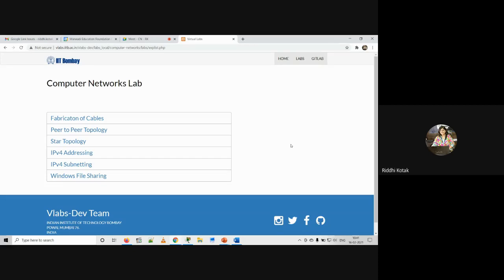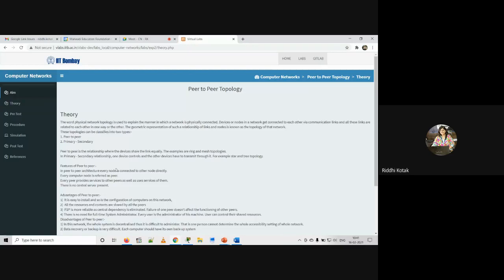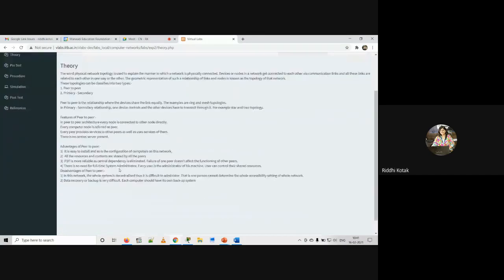Now the next point we are discussing is about this topology. First we will go with the peer-to-peer topology. So click on that. Over here it will give you the theory, but theory we have discussed, right?